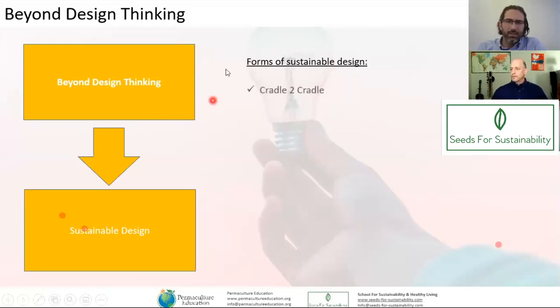Yeah, now we have some different forms of sustainable design. Nowadays, what we see coming up in Europe, for example, is circular economy or cradle to cradle. You also mentioned that, so maybe you can explain to everybody what that concept is. And then we have biomimicry, that's another topic here, and zero waste design. So maybe a couple of thoughts on that so people know what they can understand on that.